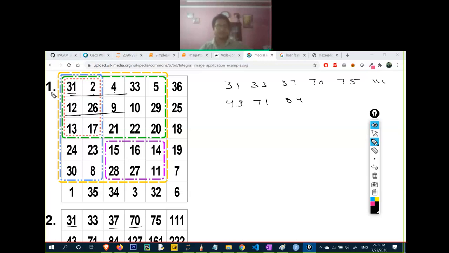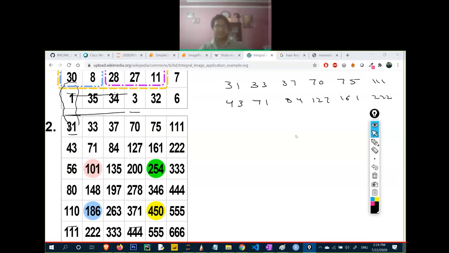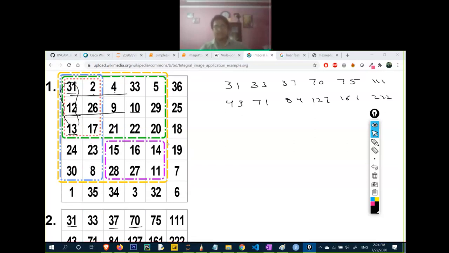Then for 10, add all the values here. It is saying 127, then 161, then 222. Now for this 13, add these three things, 31 plus 12 plus 13, and keep on doing this. So let's say it is saying 101. How is 101 coming instead of 17? Just add these values, 101 will come.